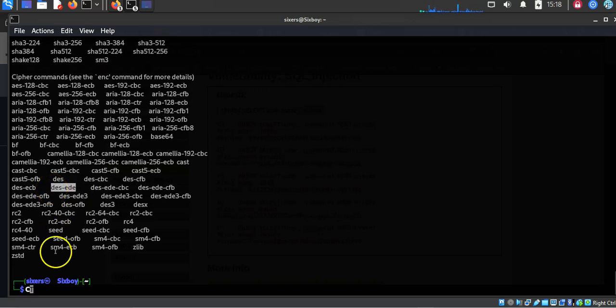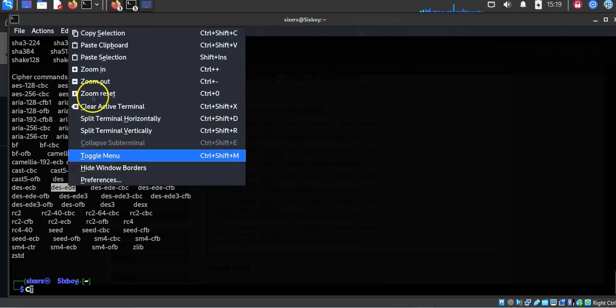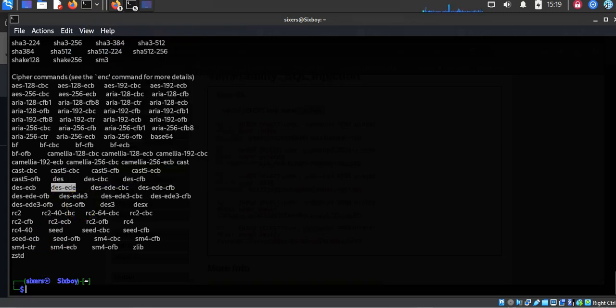What does Desede mean? I've never used that before, but let's try it out. OpenSSL enc Desede. Then I don't want it to give me that error again, so I'm not using that option. The input will be 0 to 9, or anything that you want it to be. 0 to 9, and we say you save it to